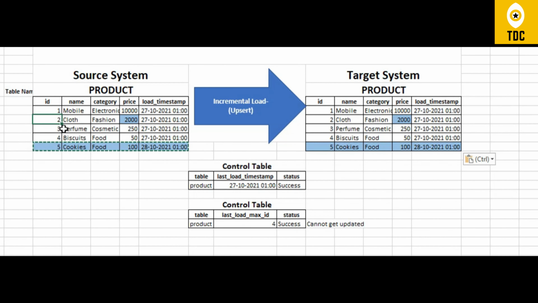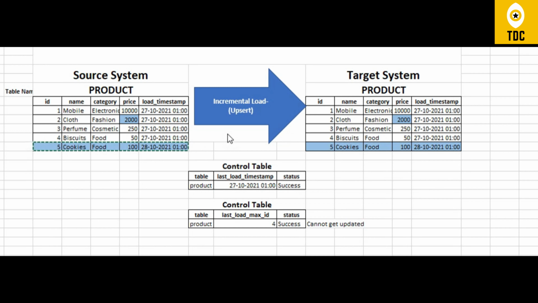So this is good when there are only new inserts happening and you have an ID column which is incremental. This ID should be an incremental value, and there should be only new records inserted. There should not be an old record getting updated. In that case, you can choose to have an ID as a control value.